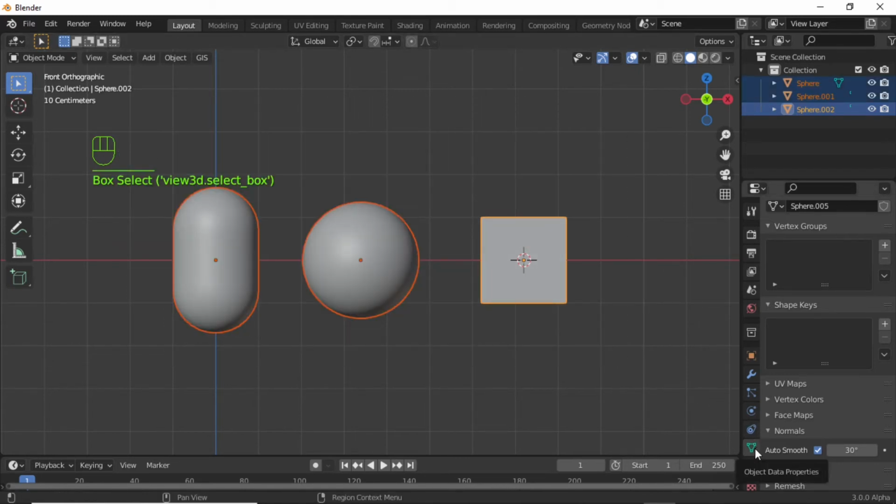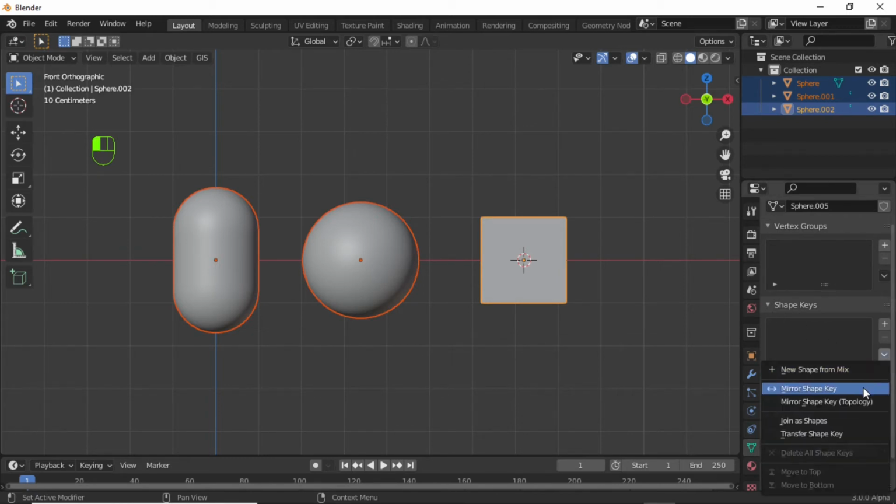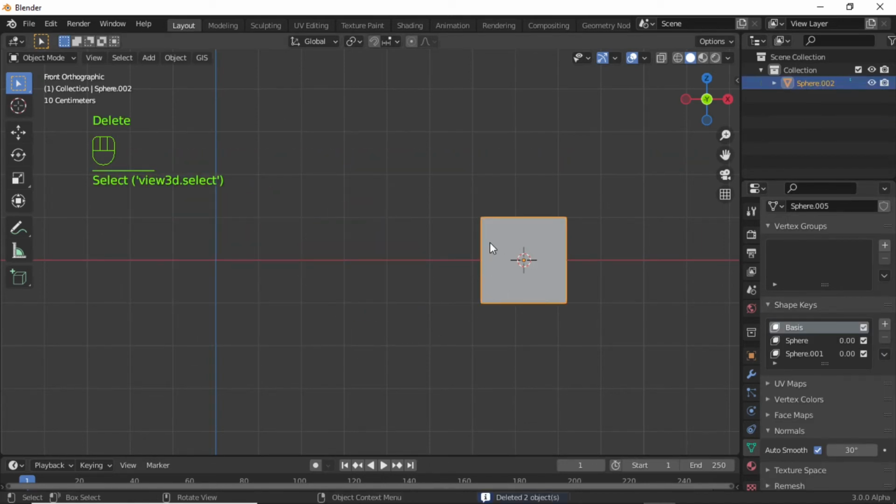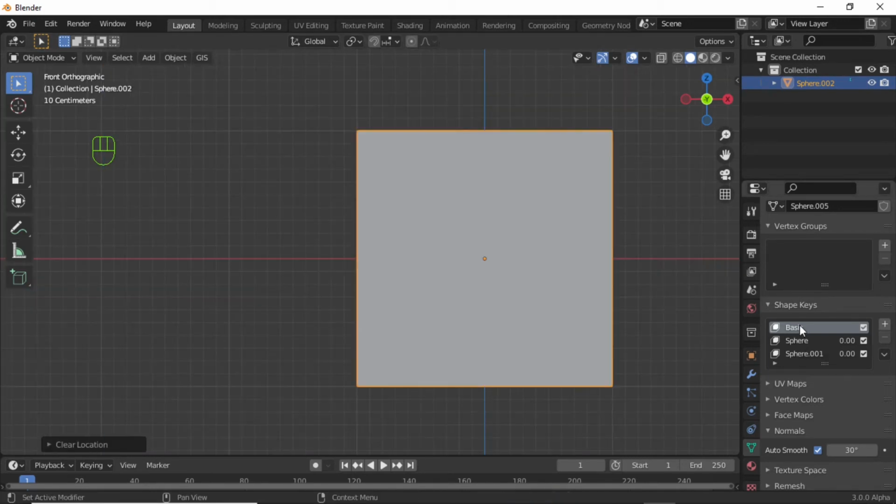Then click on this object data properties. Under this shape key, click on this arrow and select here join as shape key. Now delete these two objects. Now select this cube, then press Alt G for clear location. Now we have three options: basis, sphere and sphere 0.001.